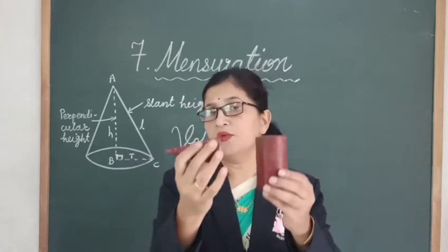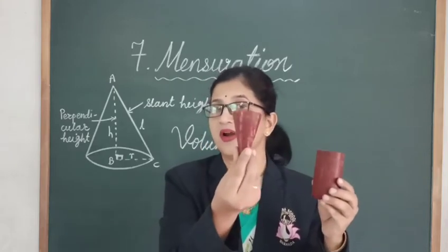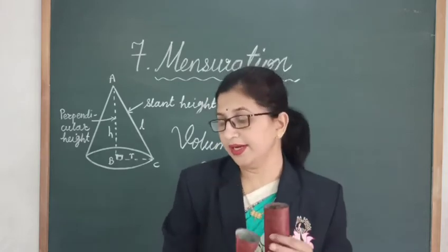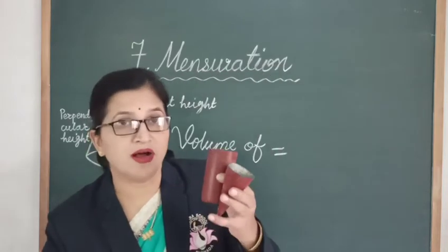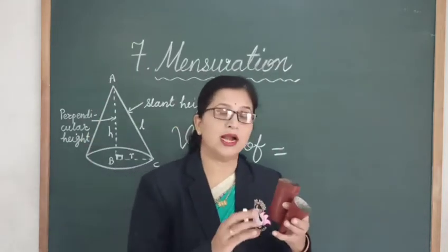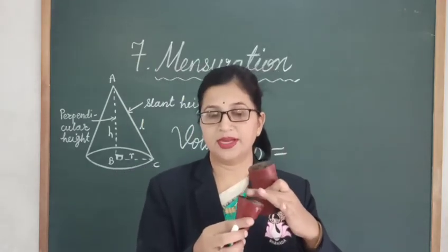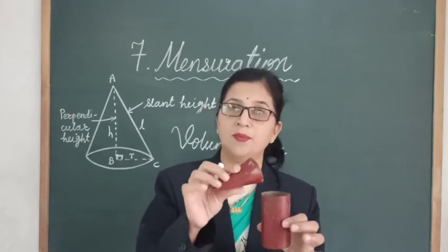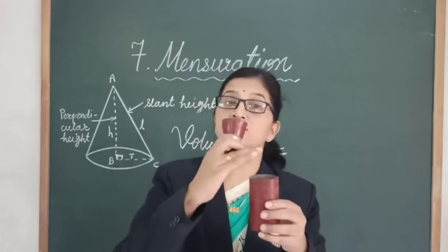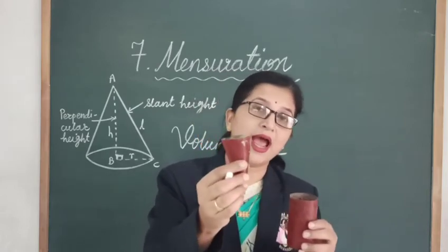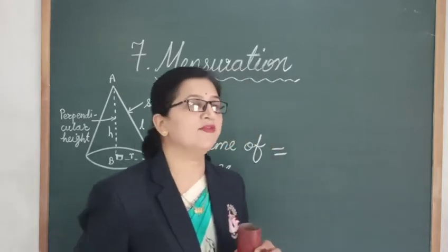Now we know the volume of a cylinder, and we have to find out the volume of a cone. To get the volume of a cone, we'll use the volume of cylinder. For that, we'll fill this cone with a powder, suppose rangoli powder, and pour it in this cylinder. We'll find that to fill this cylinder we have to use this cone 3 times. So we'll get the formula.